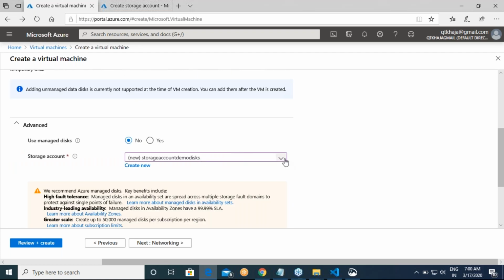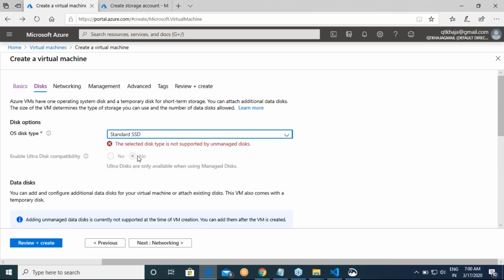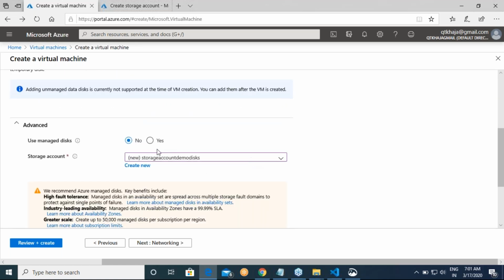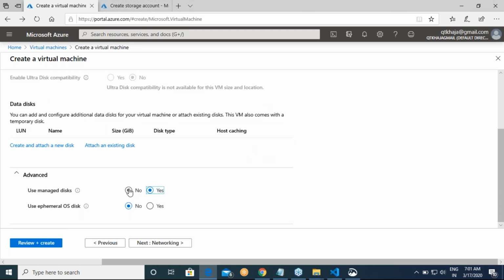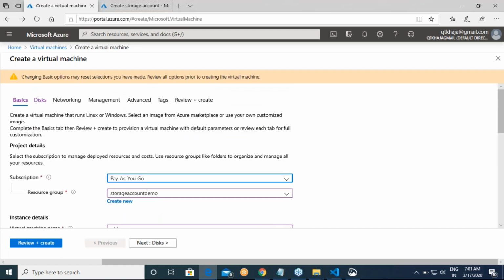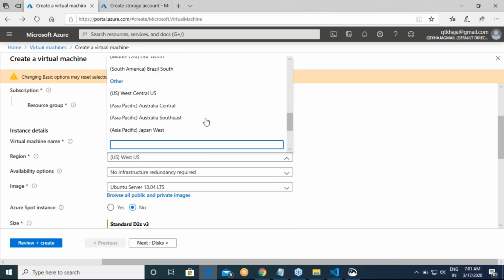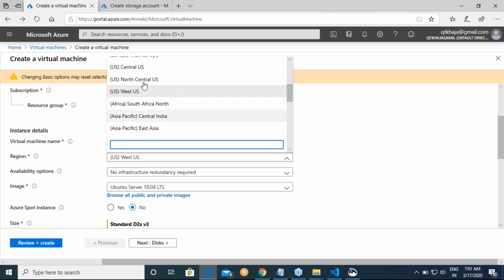But over here, fine. Oh, one minute. What was the region? Yes, the region was this. What is the region which we are trying to select?